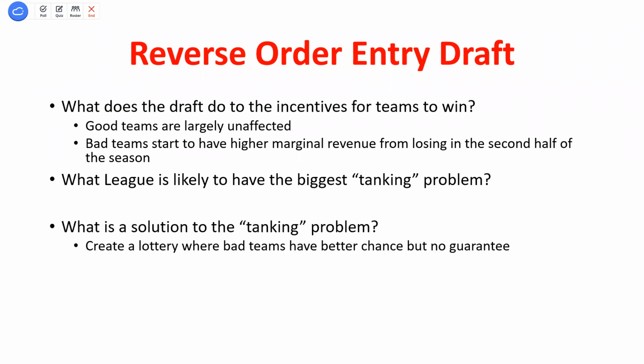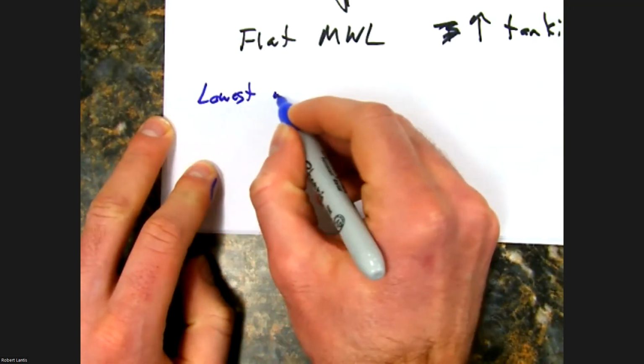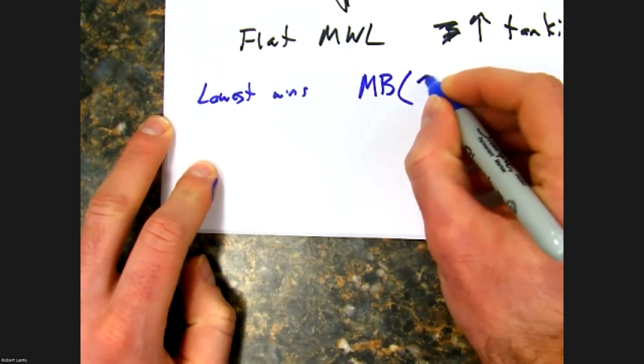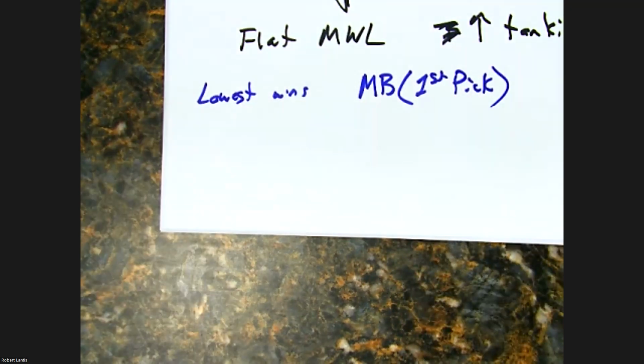There we go. So what might I do to prevent tanking? I create a lottery system where, just because I had the lowest number of wins doesn't mean I'm guaranteed that top pick. It means I'm going to have a higher probability, right? So you're not going to eliminate the tanking problem, because before, you could think about it as, if I have the lowest number of wins, the benefit is going to be whatever that marginal benefit is to me of that first pick, or the number of additional wins that first pick